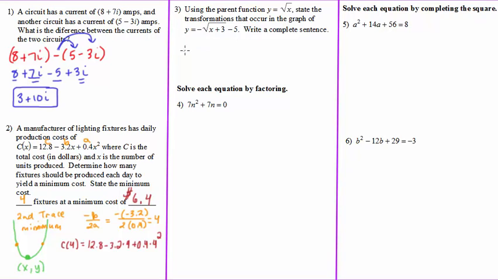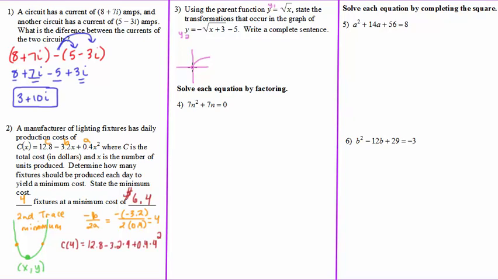Number 3, now we talked about parent functions a while ago, and so you may not quite remember what was going on with them, but if we graph each of these, like if we graph y equals the square root of x in y1, and then we graph this other one in y2, here's what happens. Y1 starts here and goes up and to the right, and then when we graph y2, we can do that at the same time by putting it into y2,